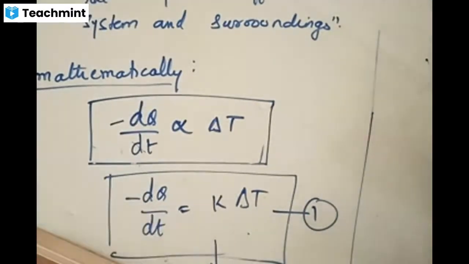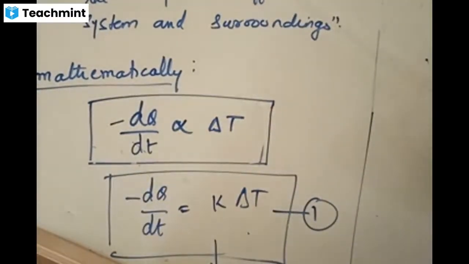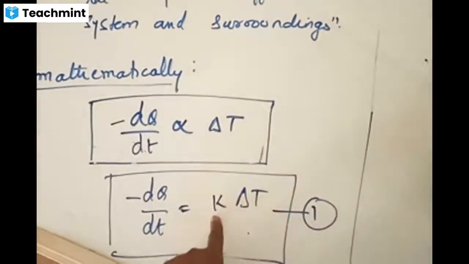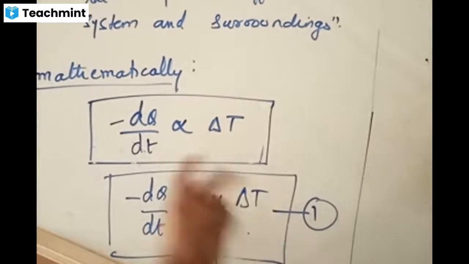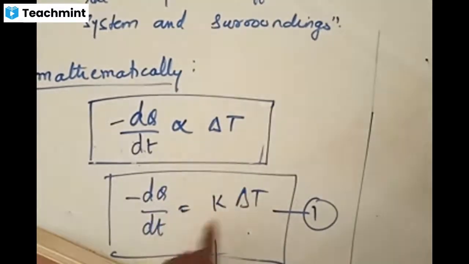There is no specified value. We need to determine the value of k. I'll let you know. Yes, Ravi, wait. We will talk about that also. There is no specific value of k for a particular system; depending on the temperature, the value of k will be obtained. It does not depend on materials either. It changes from system to surroundings in different ways. Once the problem starts, we'll show how to find the value of k. We'll do that. Is that fine?